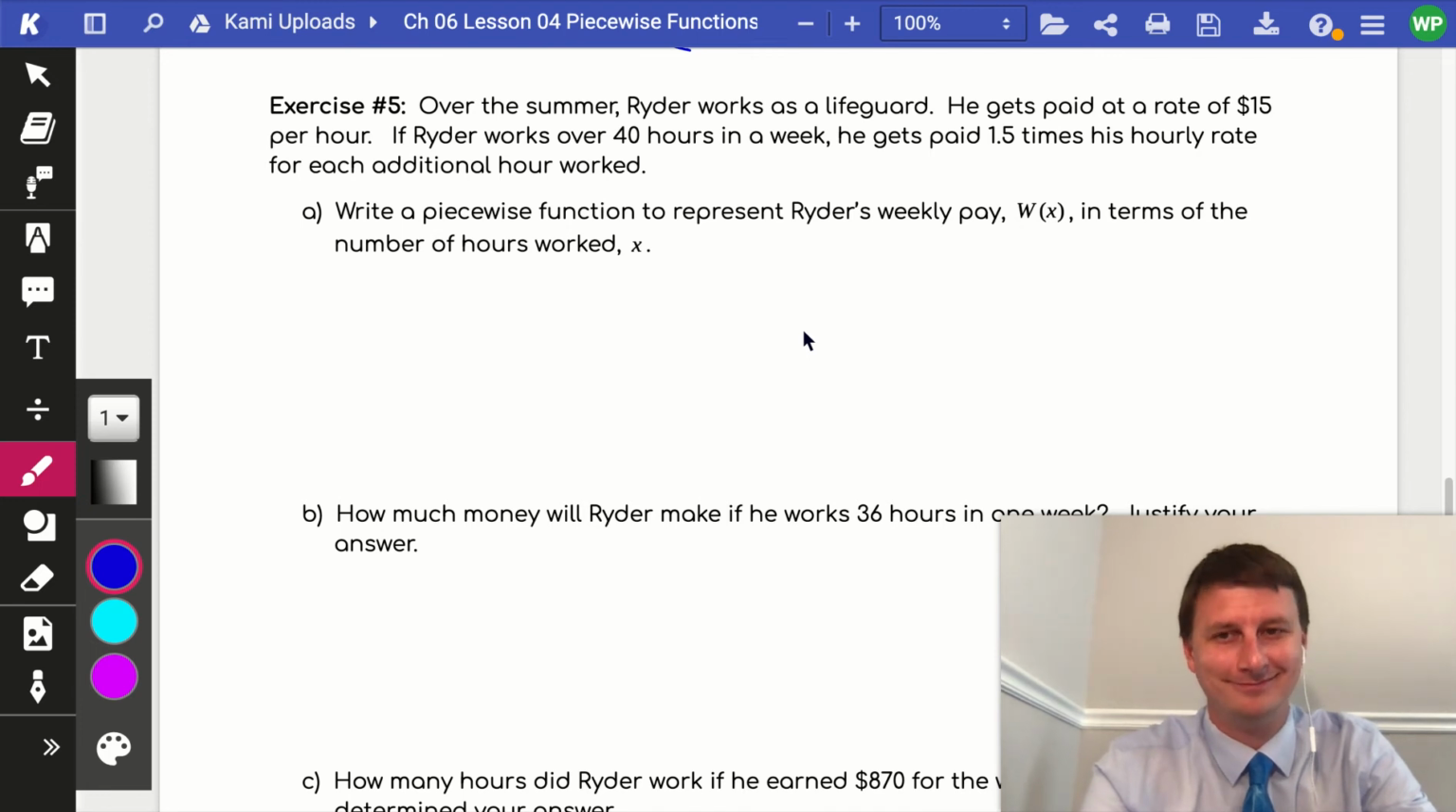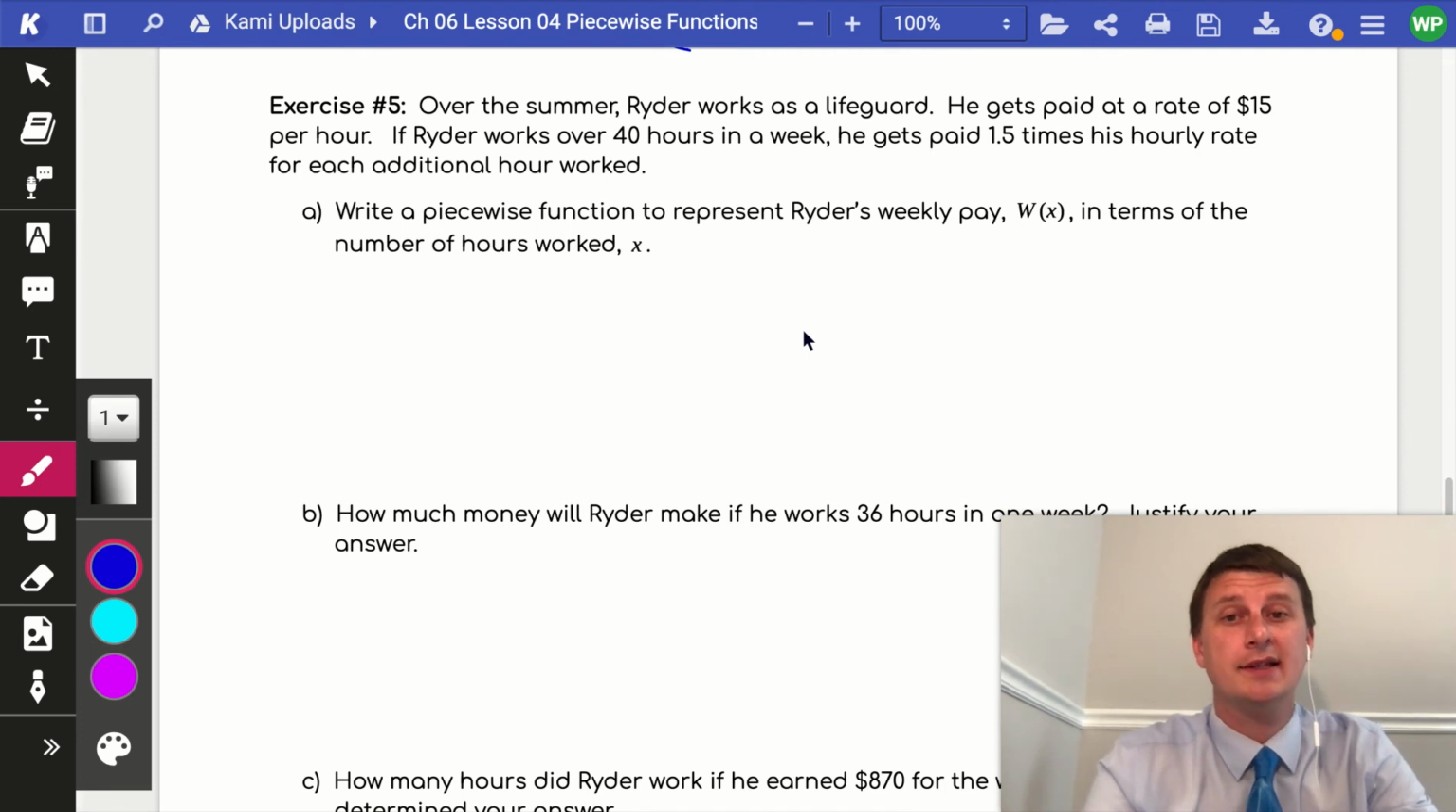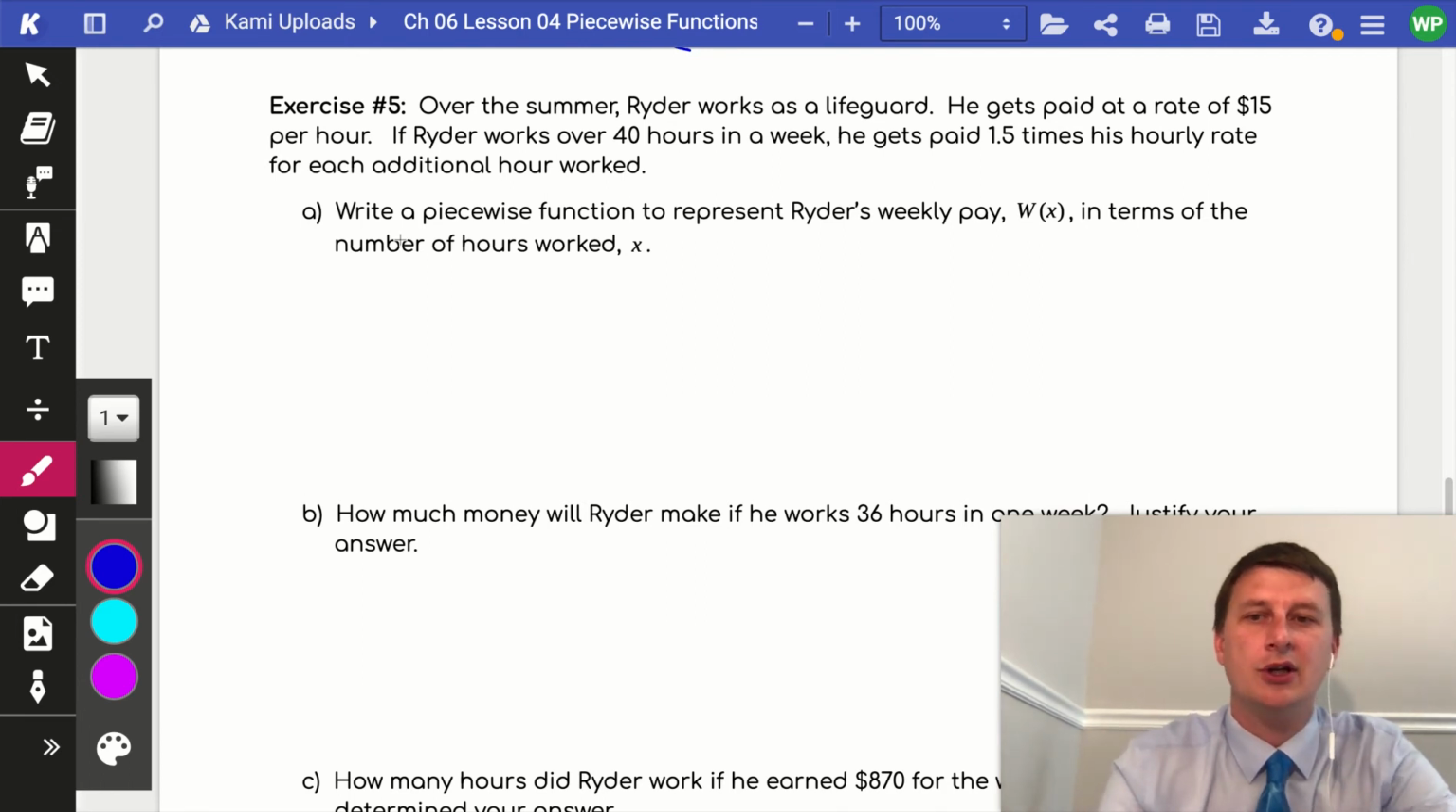Algebra 1. Now, we're in exercise number 5 of the lesson on piecewise functions, which says, over the summer, Ryder works as a lifeguard. He gets paid at a rate of $15 per hour. If Ryder works over 40 hours in a week, he gets paid 1.5 times his hourly rate for each additional hour worked. Write a piecewise function to represent Ryder's weekly pay W of x in terms of the number of